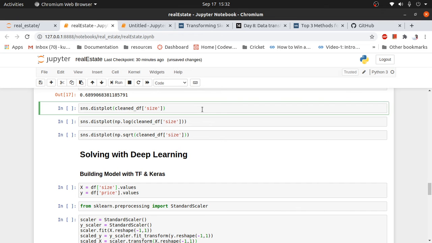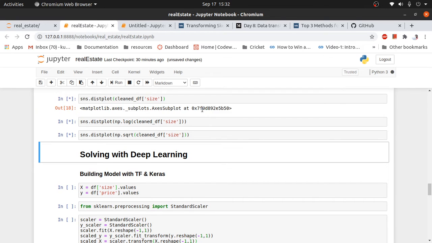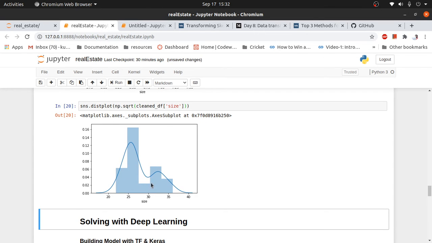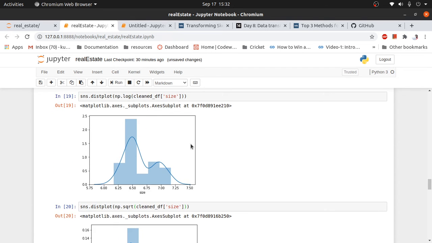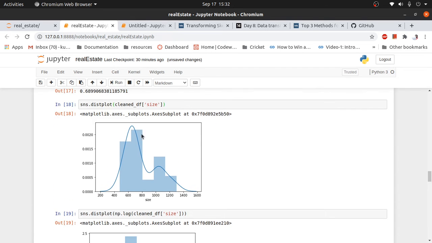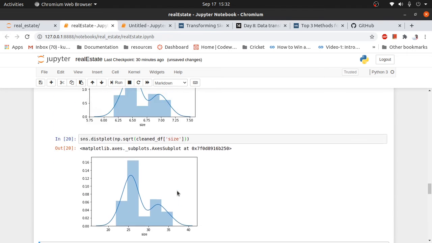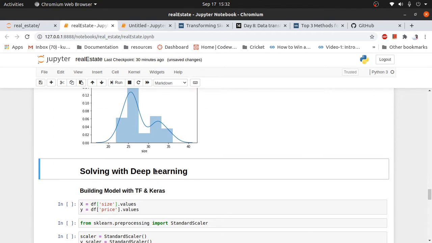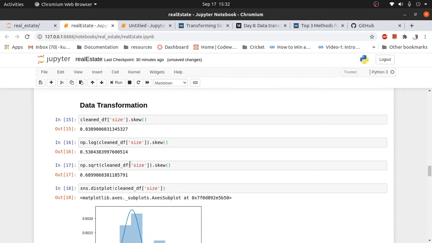Let's also see the visualization. This is after taking square roots, this is the logarithmic transformation, and this is without transformation.